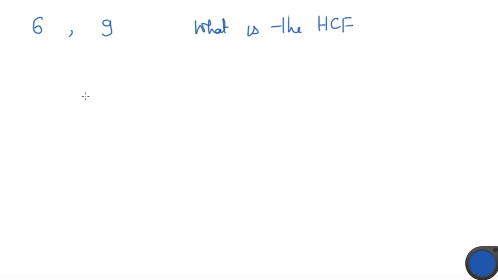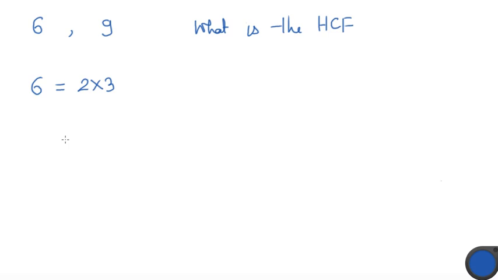We'll look at 6. So imagine you are holding a magnifying glass and looking at 6. What happens if you do that? You will see that 6 is made up of these numbers. Just like water is made up of hydrogen and oxygen atoms, every number is made up of atoms. And what are they called? Prime factors.